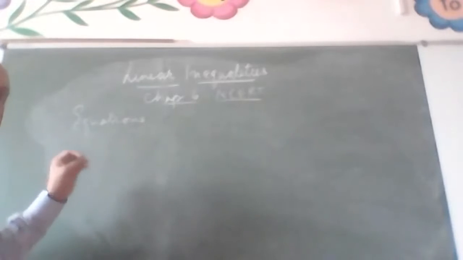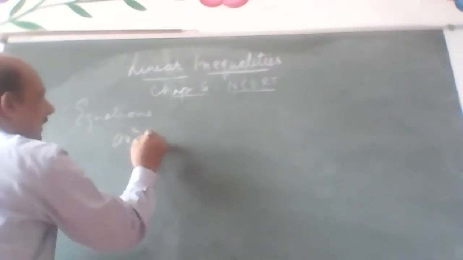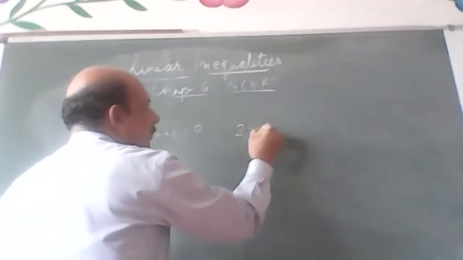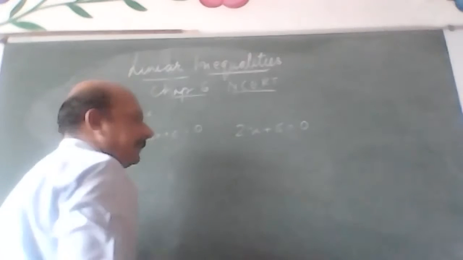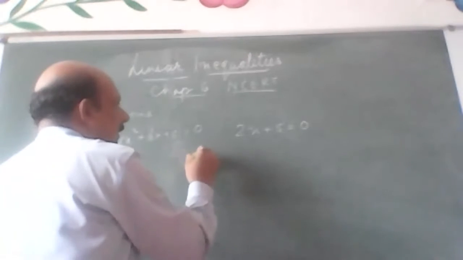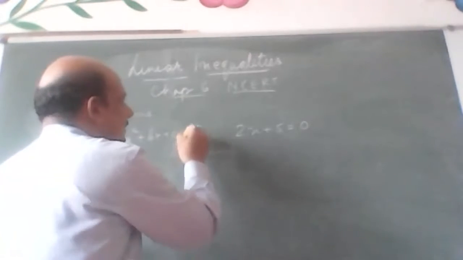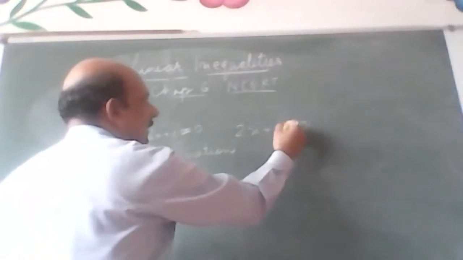Even in the previous chapter we have read about quadratic equations. In your junior classes, also class 9, class 10, you have always discussed about equations when equality was there. So it was ax square plus bx plus c equals to 0, or it was 2x plus y equals to 0. They were equations. ये सिंबल इक्वालिटी है.